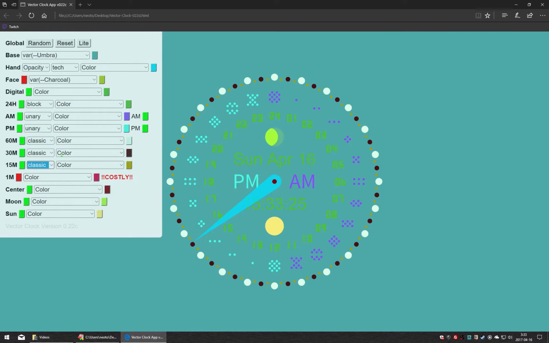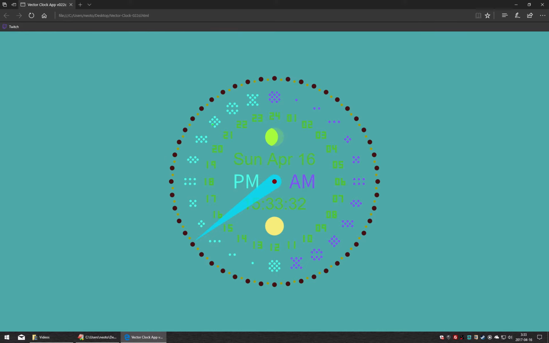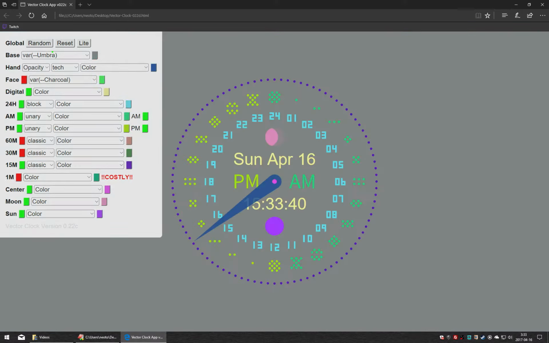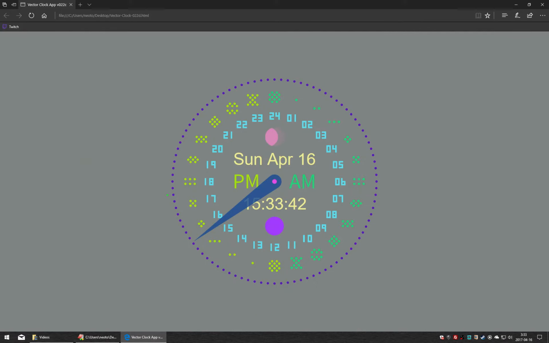The reason that I did that is so if you turn off the larger units, the smaller units still remain. So if you want just 30-minute increments, or in this case 15-minute increments, they completely fill up the space,